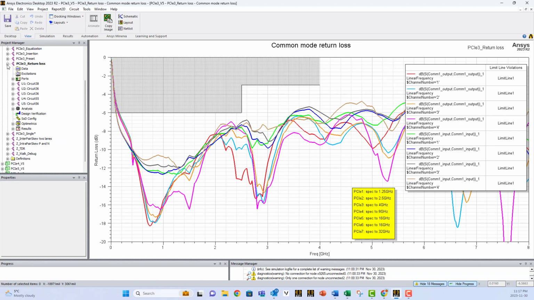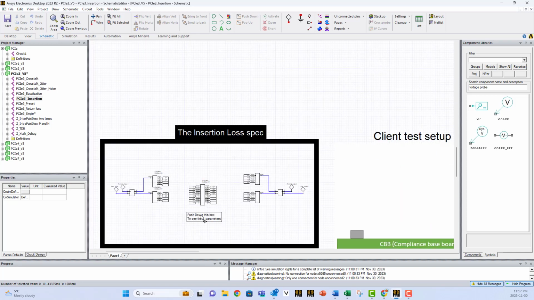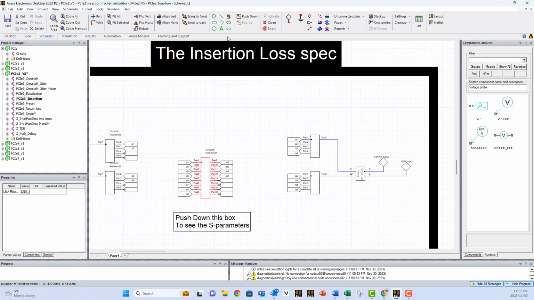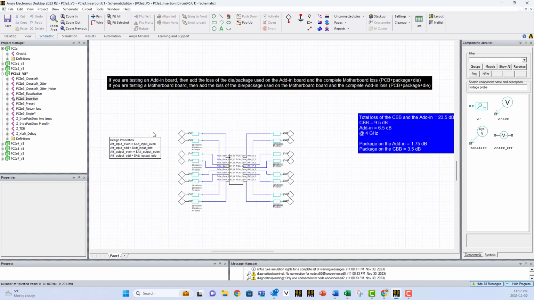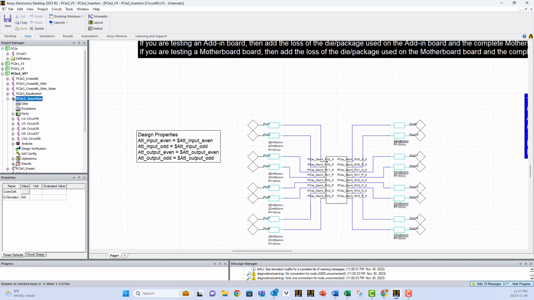In addition to the return loss, we have the insertion one, which is similar to the return loss, with the minor difference that if you click on this box and you say push down, you will notice that we are not using the global variables, we are using local variables. By default, they are equal to the global ones, but you can modify them. So this circuit, the insertion one, is to study the insertion, and you will get a graph similar to the return loss